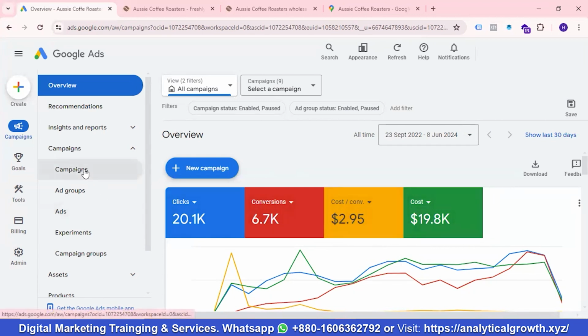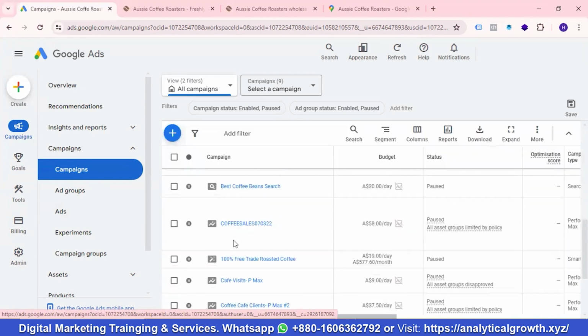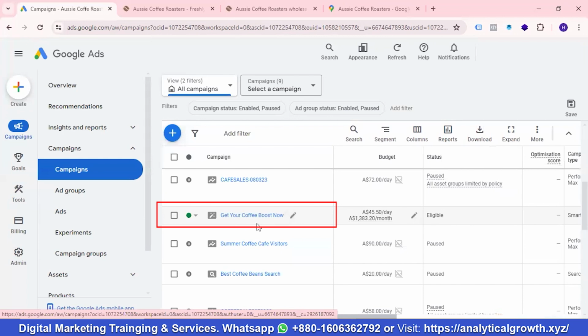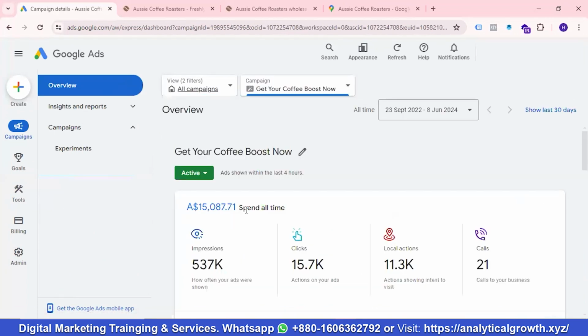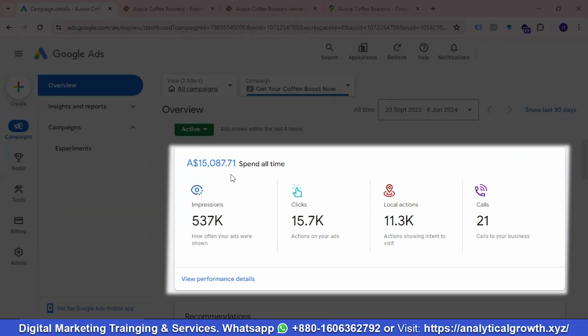So if I go to the campaign section, and this is the campaign we're currently running. So, get your coffee boost now. So if I click on it, then you can see over here total spend is more than 15K, and we have generated